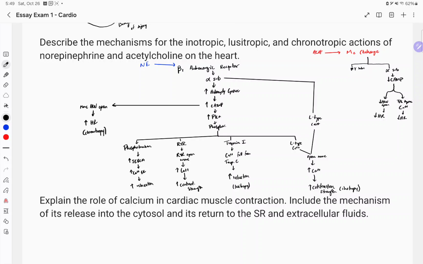And then for the beta gamma heterodimers, those are going to open the GIRK